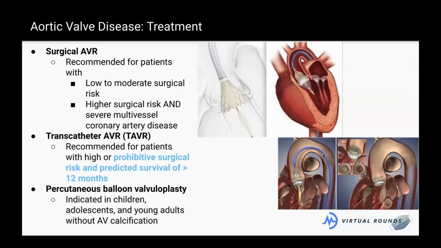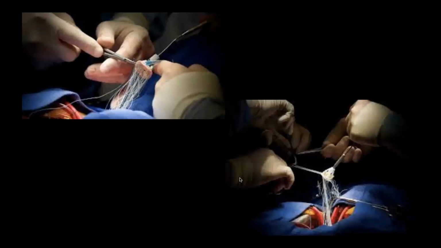So this is what it looks like. It's pretty cool. It comes up through the descending aorta, back through here, back through the aortic valve. And we just kind of plop a new valve in there. They'll have one little incision on the leg and these patients can usually go home pretty quickly. It's not an open heart surgery. So this is becoming more or less what we like to do for patients now.